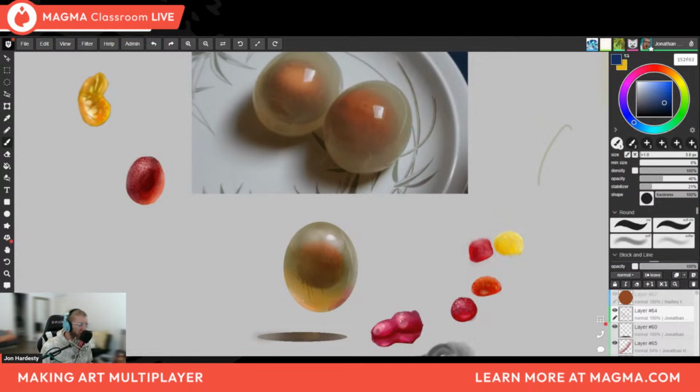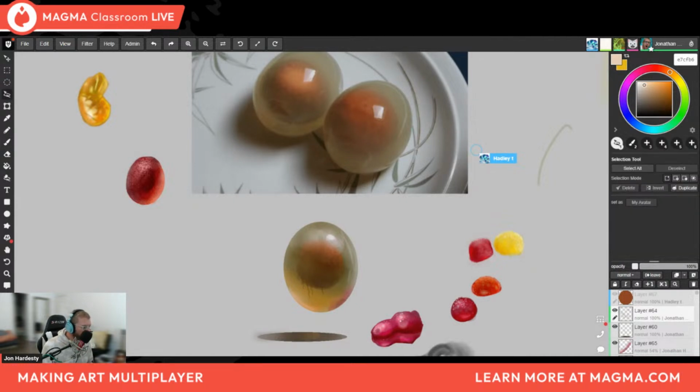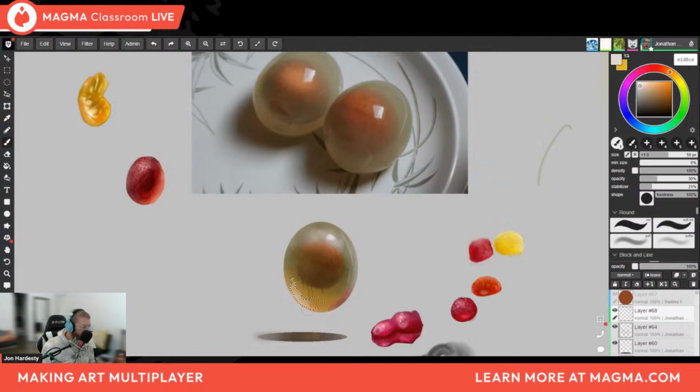But I want to throw in a little bit more of those reflections. I threw in a little bit. Let me throw in a bit more. I kind of like this one up here. You can even do that as a selection. Watch, I'll do it as a selection. You make a selection on the edge of it, and if it's a reflection, you can fill it in with the value right here, like this. And then just reduce that in opacity if you want. And then you can erase out what you want there